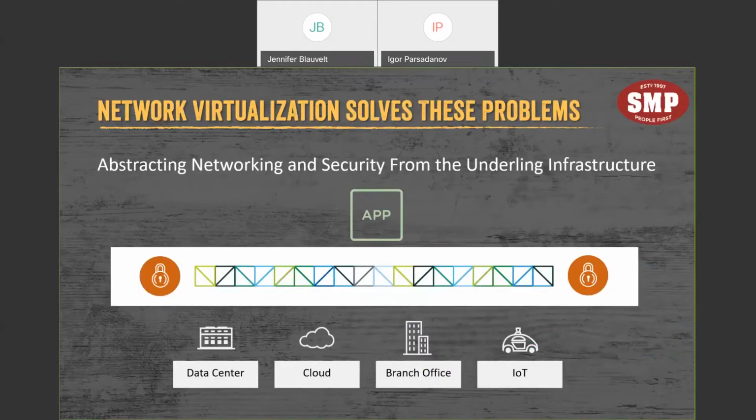Network virtualization solves these problems. It solves the data center networking problem by providing the operational model of a VM, but for the network. We can abstract the intelligence of the networking from the hardware and place it into software, just like we did with the VMs. This means we can start to create, delete, back up, and restore networks, just like VMs. It solves this problem for the clouds by providing a consistent networking and security policy across your different clouds and different locations.